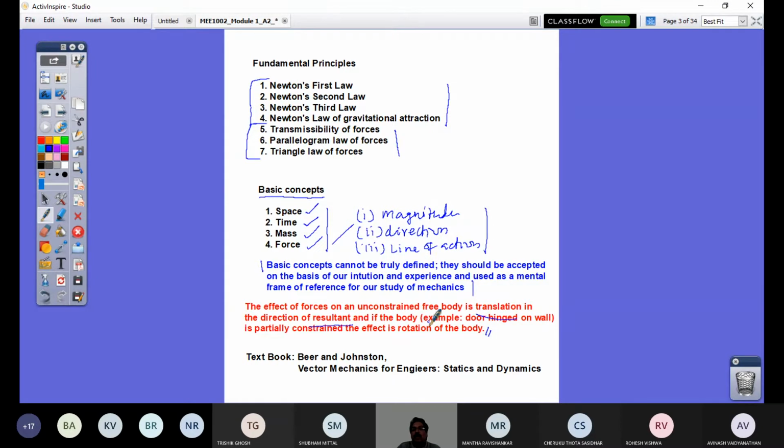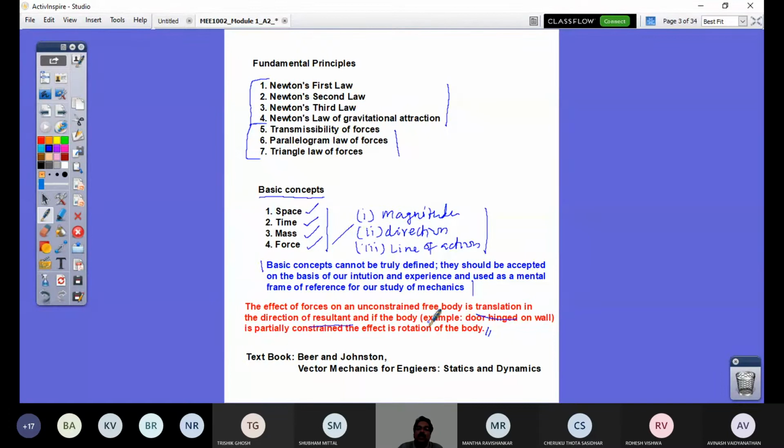A building is supported on its foundation. So the foundation is properly erected on a soil strength estimation. Then there won't be any problem of the building going inside the earth or something. So the stability of the structure is ensured. That does not mean there are no forces, you would say. The entire load is being borne by the support, the foundation. So the reaction that comes on the support, on the foundation, is what you would study in the statics part, right?